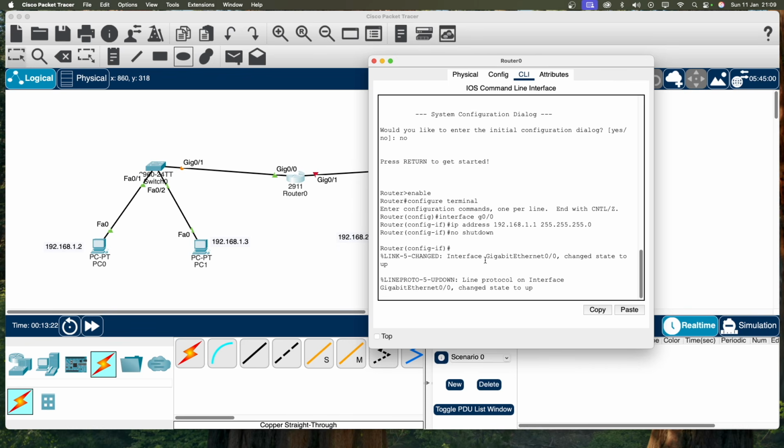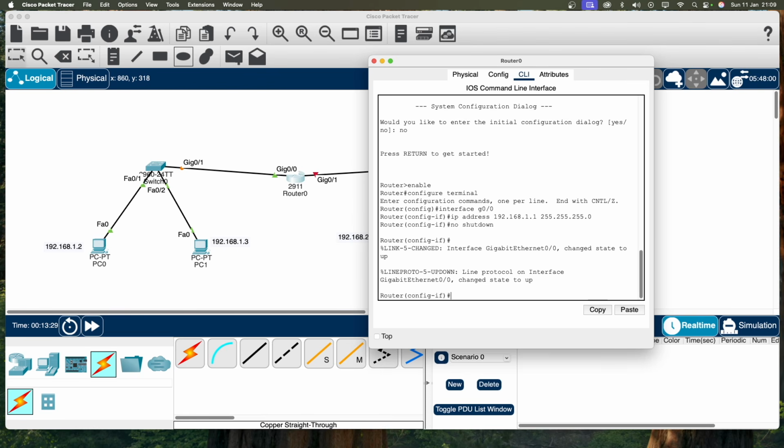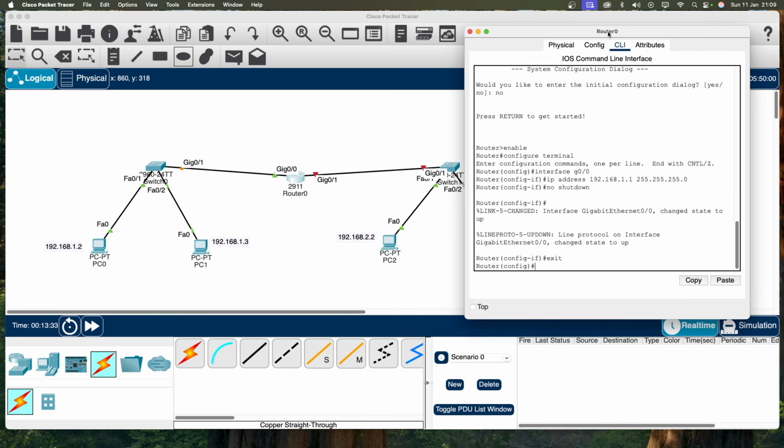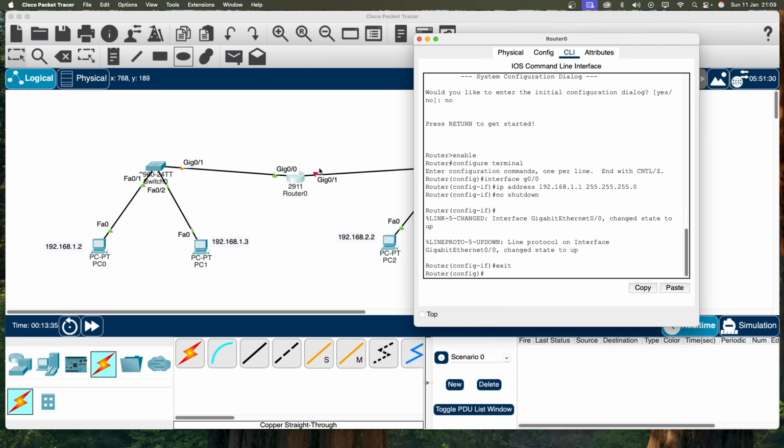So now as you can see, interface gigabit changed state to up. Now it's up, press enter, we'll go exit. So we'll come back one step and then we will configure this side now. So it'll go back and type interface